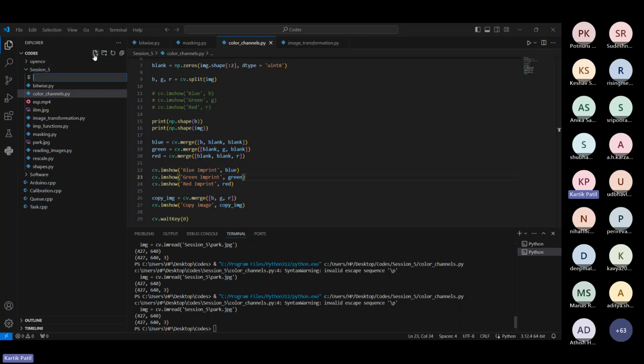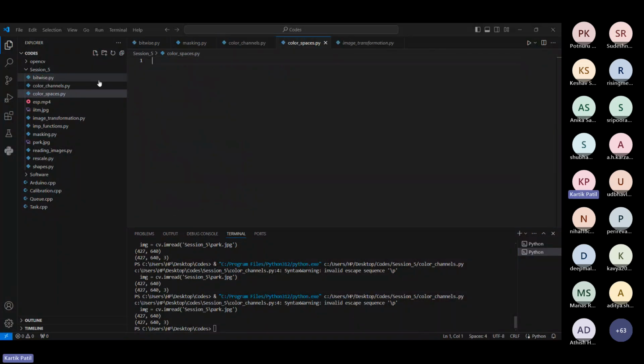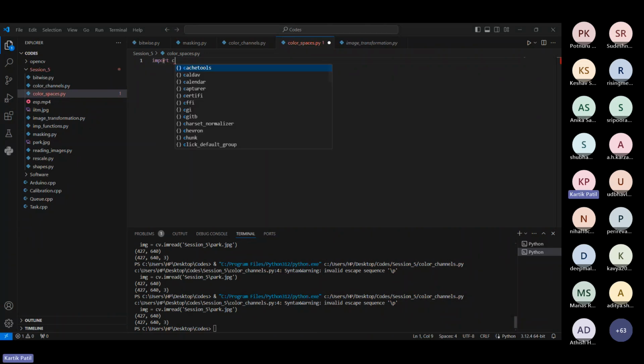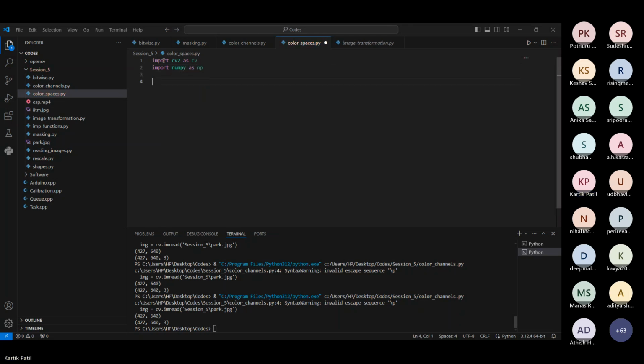Okay, so let's move forward. Don't forget the square brackets, guys. Square brackets means it's an entire one argument. Okay. Moving on to color spaces. It's kind of normal space. So yeah, import cv2 as cv, import numpy as np, and